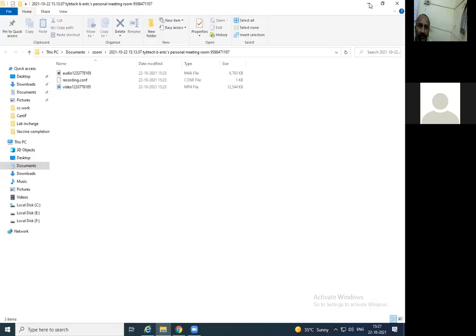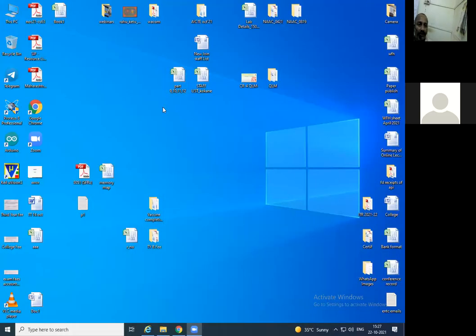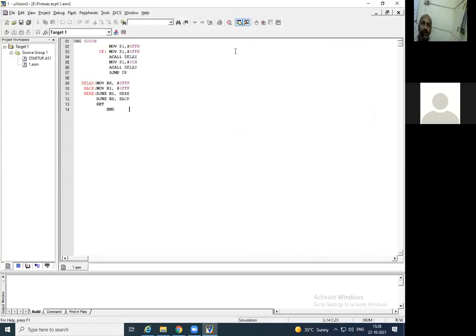Okay, so today we will check out what can be done with this particular software. For Keil software, the setup link is provided in the student material, so you can install the software from there. I have already installed it, and when you install it, you will get this type of setup. I have already made some practice here, so that's why it is shown over here.